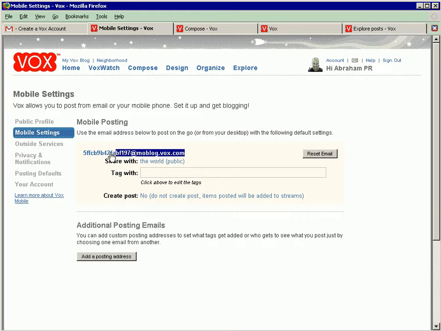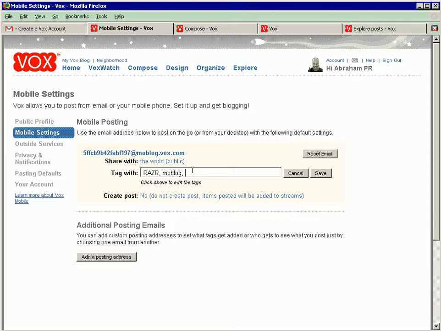A bunch of letters and numbers, uppercase and lowercase letters, at moblog.vox.com. You can tag in this case with, for example, razor. I have a razor, and I could comma and then type moblog